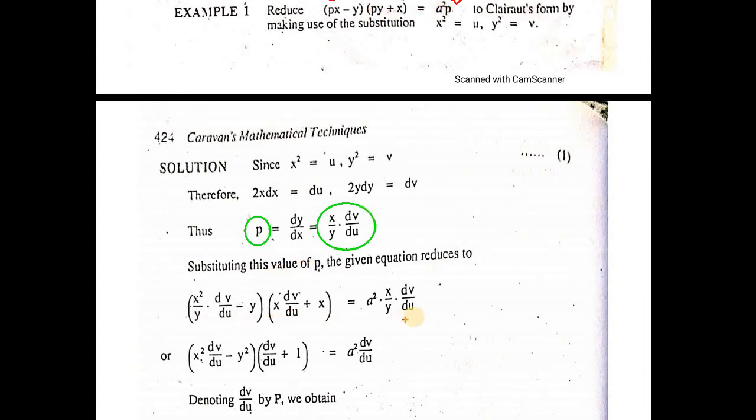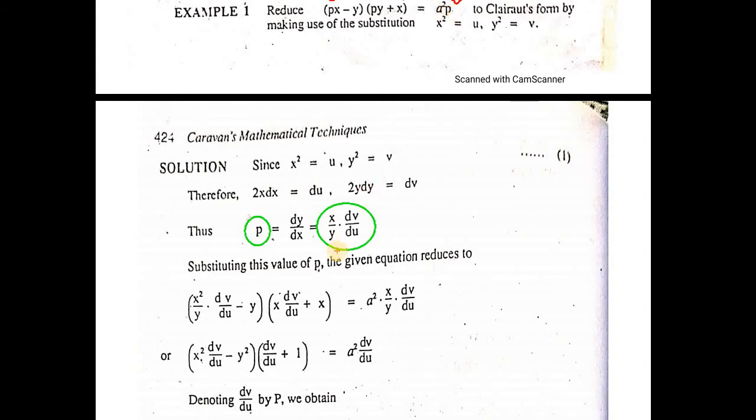Putting this, x will be multiplied with this x, and we will get this term. This minus y will be as it is. Now this p is actually this one, so this y and this y will be cancelled, and we will get this term. Similarly, x will be as it is,